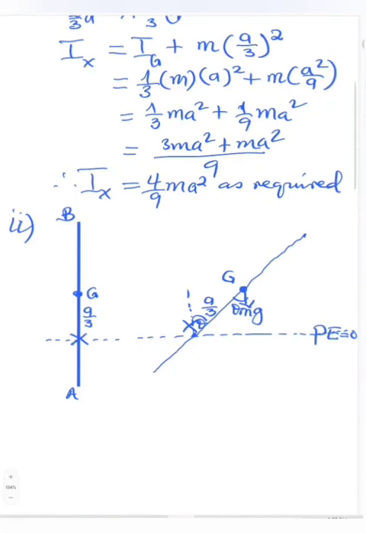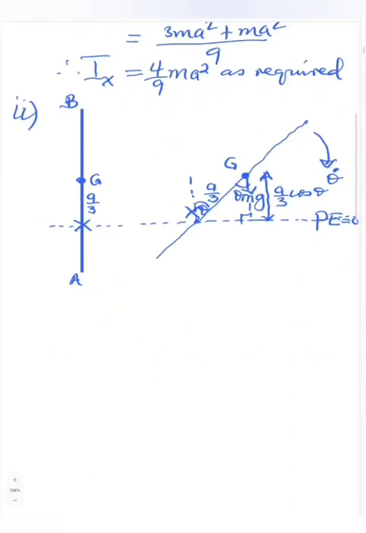So we would be needing the distance from the center of gravity to the zero level, and that distance would simply be the hypotenuse, because this will give us a right angle triangle. Height of G from the potential energy equals zero level would then be a over 3, the hypotenuse of the triangle, times cos theta. That is the new height of the center of gravity G of the rod at this position at any time t seconds. The direction of rotation is this way, so theta dot is in this direction. From here now we can conserve mechanical energy, whereby